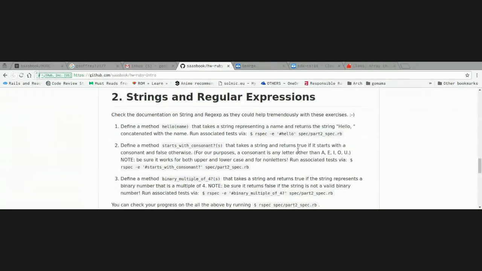Okay, consonants are any letter other than vowels. So how can you do it? I don't know if there is a regular expression to achieve that, apart from enumerating all consonants. I think there was some syntax to exclude some letters from this range.